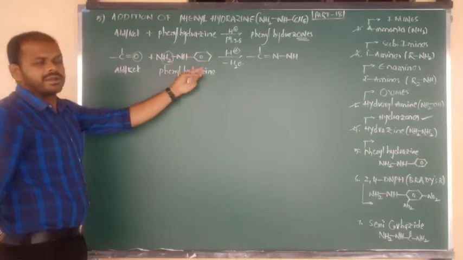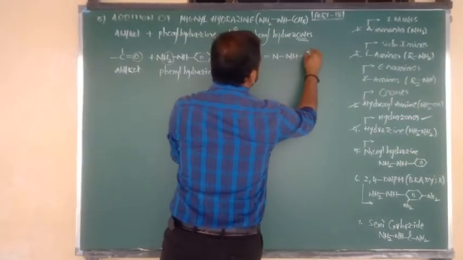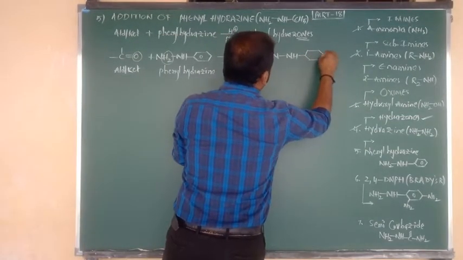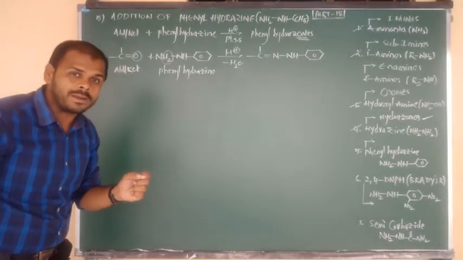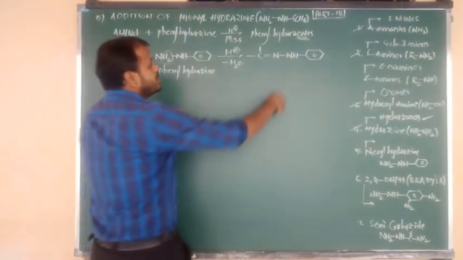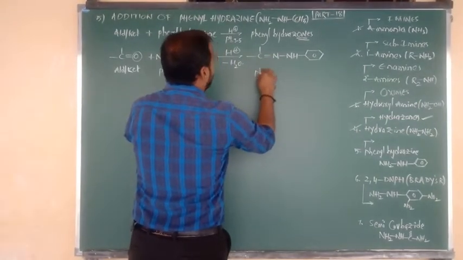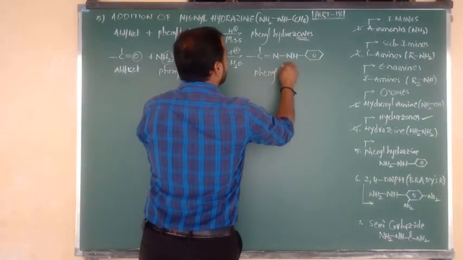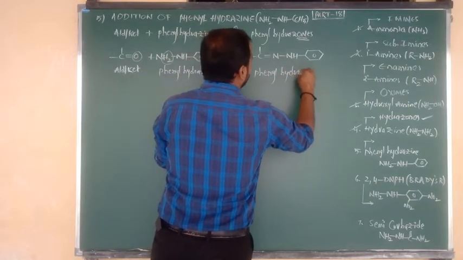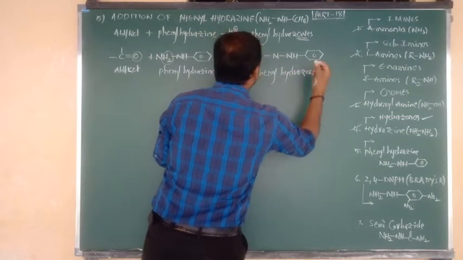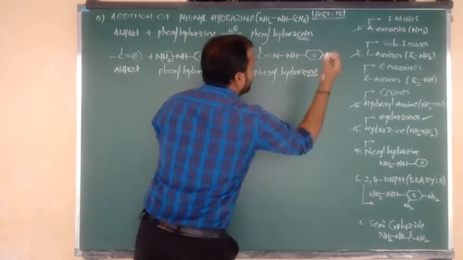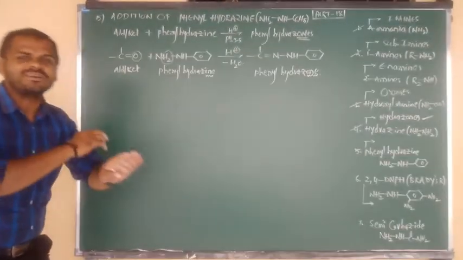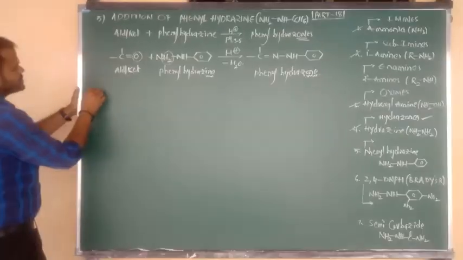Now such NH is connected to the benzene ring. We can say that NH is connected to the phenyl ring, and also we can write here C6H5. So now here the compound name phenyl hydrazine is converted into the product named phenyl hydrazone. Hydrazine, the INE, is converted into the product ONE after the elimination of a water molecule. Okay, now here I am going to write 2 examples.